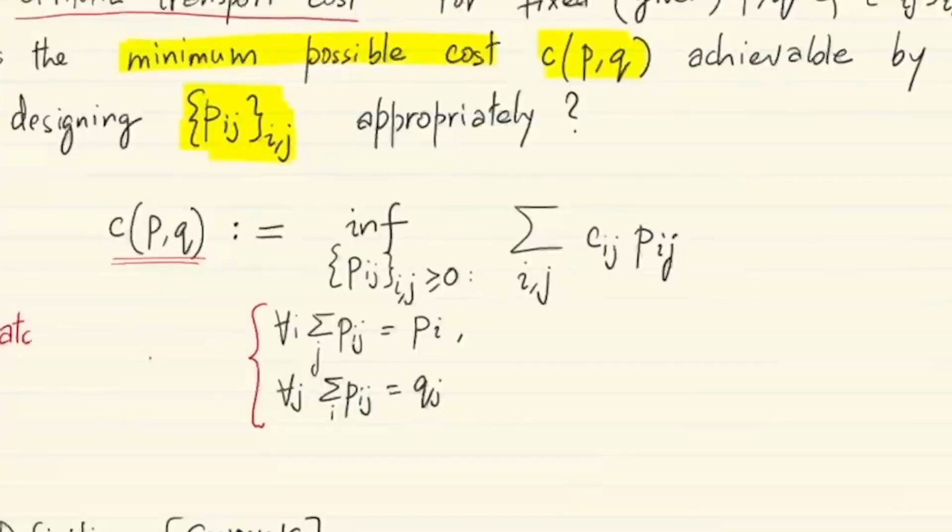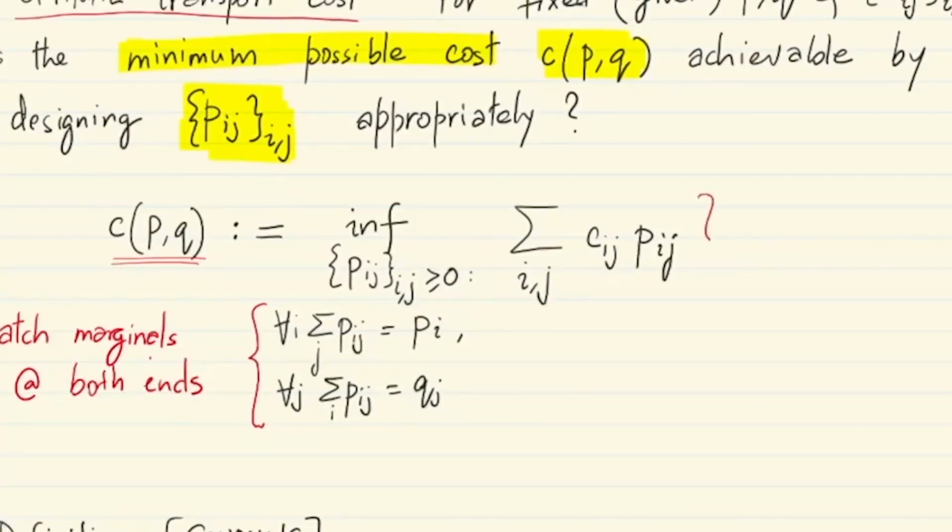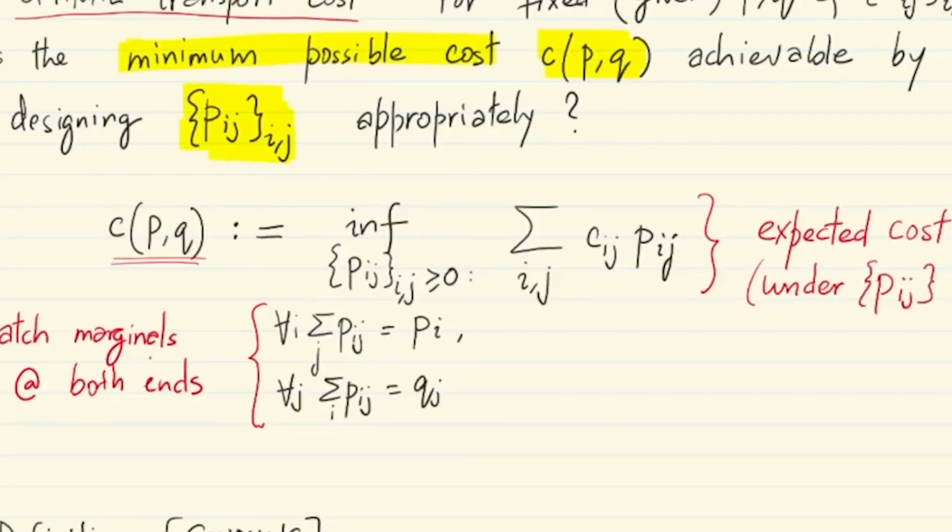So this condition says you have to match the marginal distributions P and Q at both ends while designing this joint distribution Pij, and the objective function itself now looks like an expected cost under the distribution Pij ranging over all i and all j